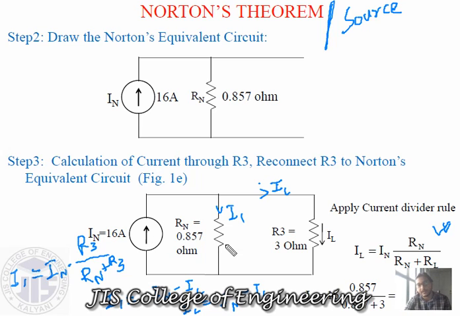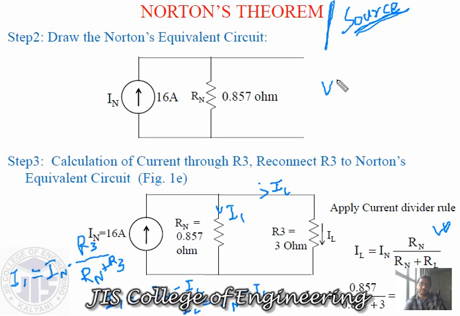Current source, there is a parallel resistance, so you can consider this current source in parallel with this one, and you can convert it to a voltage source in series with the resistance, or you can consider this one with this one. Anything you want you can do. Suppose they ask you to solve this by using the source conversion technique. So your source conversion value will be your overall voltage.